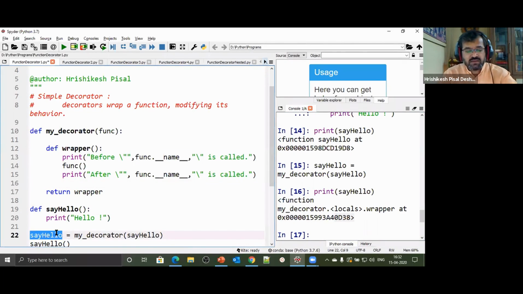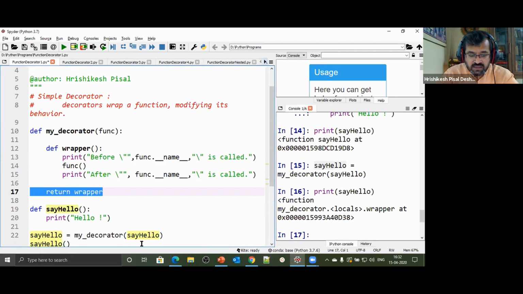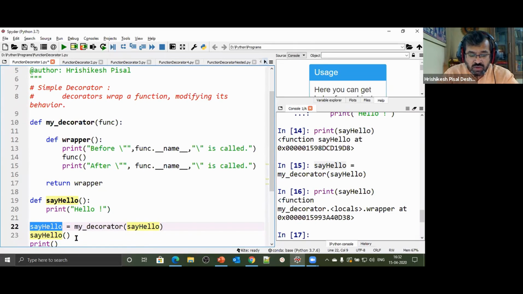But names are just names. They're just identifiers, and your function can be given any name at any point of time. Now, I'm not saying this function say hello. I'm saying this name say hello now refers to this wrapper function, because wrapper has been returned, and that returned function was assigned to this say hello, a closure kind of thing, what we had seen. Now, when I call this say hello, it is not the original say hello that's going to get called. I have intentionally kept the name the same.